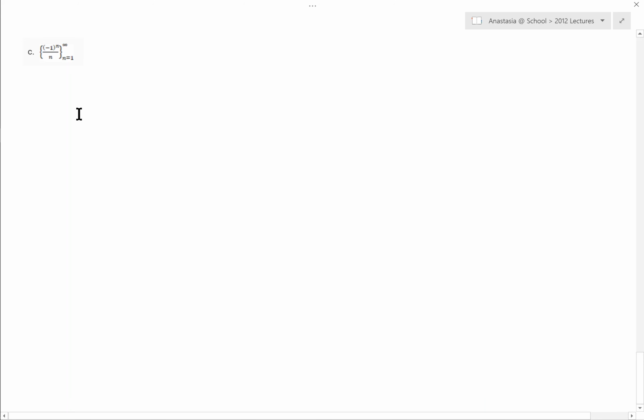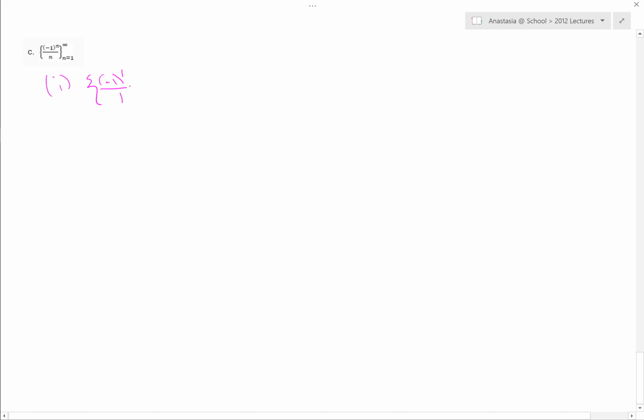Hello again. In this video, we are working through the last part of example 2 in section 8.1. We are writing out the terms of the sequences that are given and determining the limit of the sequence. So to begin with, the first part, writing out the first four terms of the sequence, that means that we are going to have